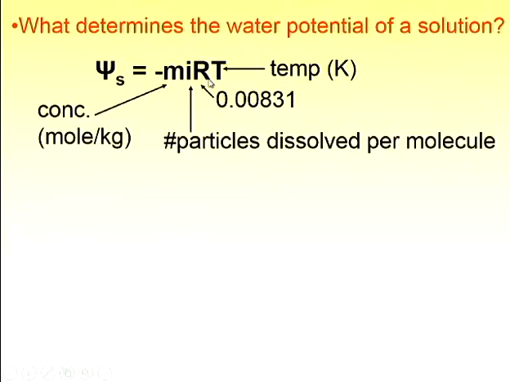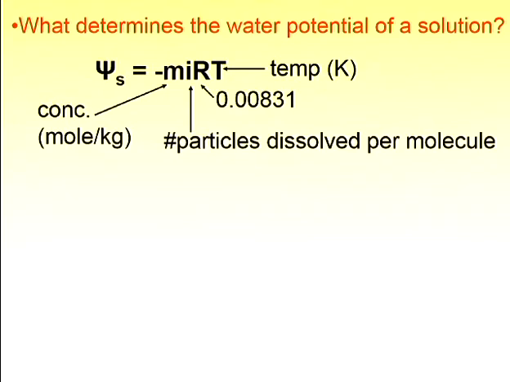R is always the same. It's the gas constant, which is 0.00831. And T is the absolute temperature in Kelvin. It's kind of like Celsius, except that the 0 point is at minus 273 Celsius. So 0 Celsius would be plus 273 Kelvin. And 20 degrees Celsius would be plus 293 Kelvin. So 1 degree difference is the same for Kelvin and Celsius, but it just starts where 0 is for Celsius